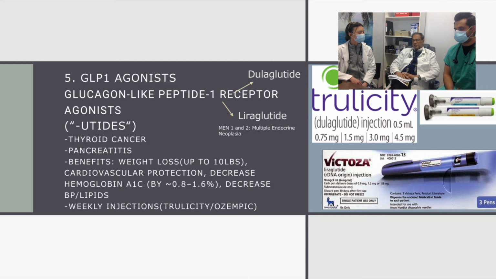So definitely there is a proven indication for those who already have some pre-existing cardiovascular disease. This medication, glutides, will definitely help. And the other benefit is a significant drop in hemoglobin A1C with the use of this medication, from 0.8 to 1.6% decrease. Imagine if you drop your hemoglobin A1C 1%, it is a significant benefit for the patient